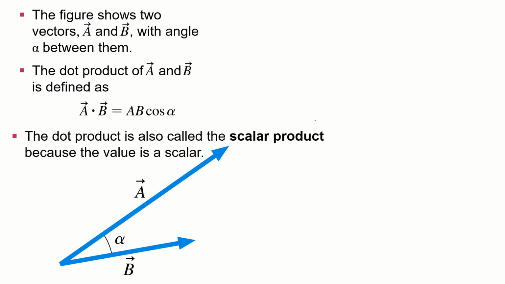All right. So it turns out there are two ways you can multiply vectors. Remember, vectors have direction and magnitude, right? And there's two ways we can multiply them together. One is called the scalar product, the one we're looking at today, also known as a dot product. And the other one, that we'll look at later in the semester, is called a cross product, or a vector product.